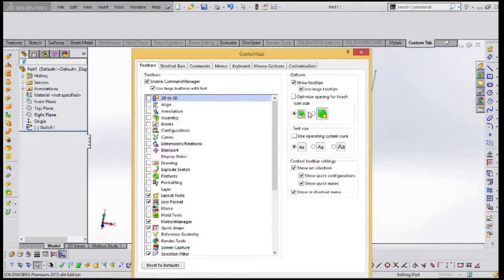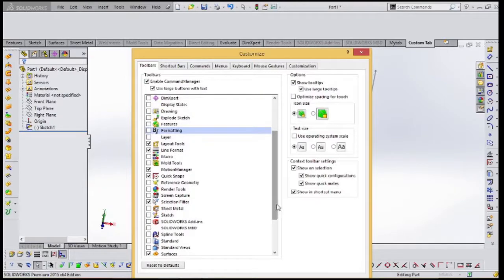As you know, the sizes can be changed from the settings also, but here also we have some size settings. In these toolbars, we will have different toolbars: 2D to 3D, Align, Annotate, Blocks, Configuration, Features, Layers. If you want anything, we can tick that. You will come to know what you require after going through some more sessions.